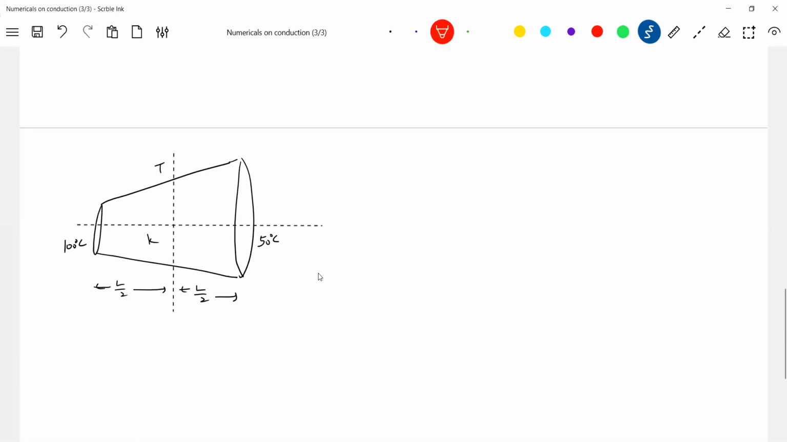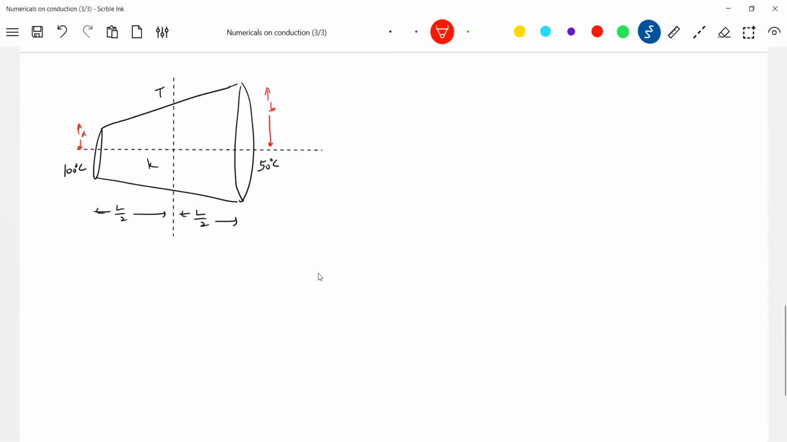Let the radius of this end be A and this end be B. What about the heat current? The same heat current will flow across both elements. Let me call the resistance of this part Rx and the resistance of this part Ry. Let the radius of the midpoint be R. Any formula for Rx? Just now we discussed it. L by 2 over